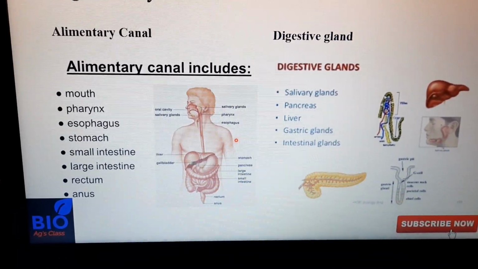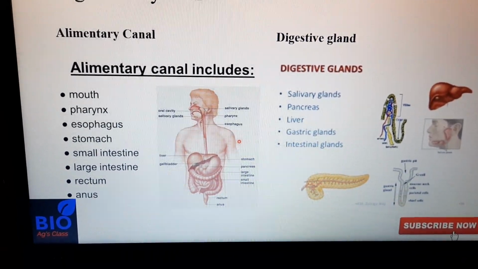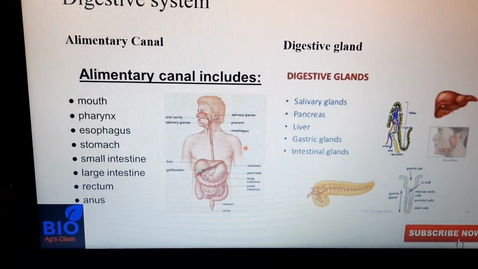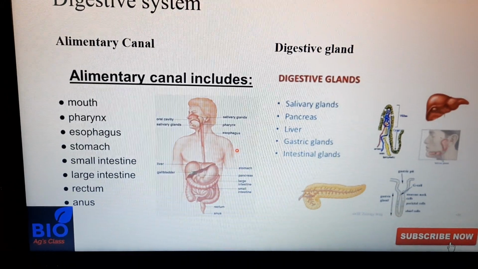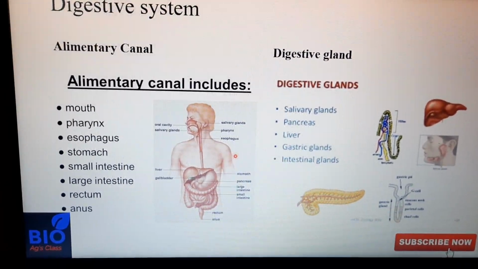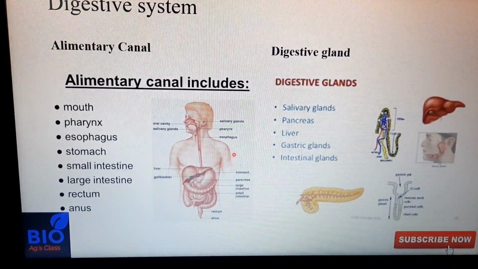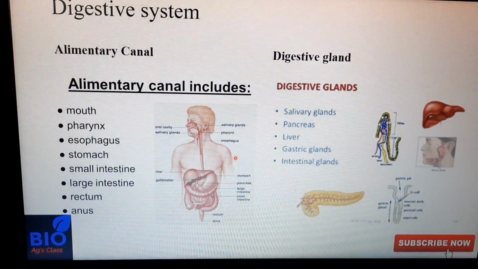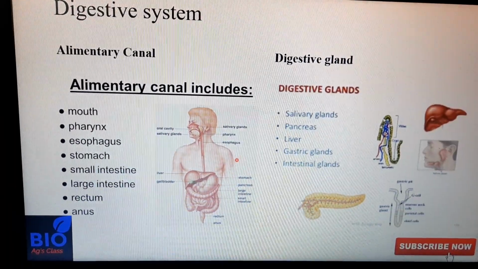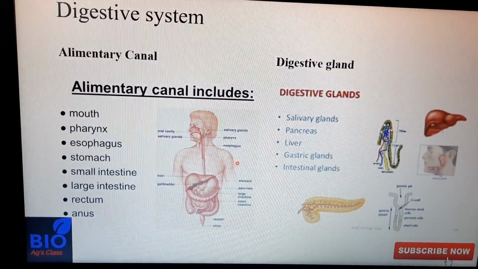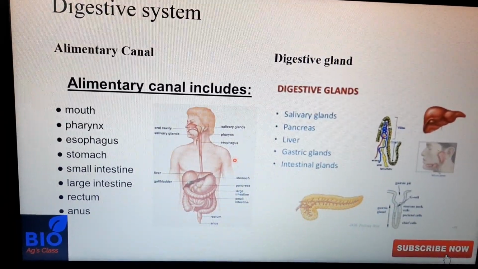Esophagus does a peristalsis process, and by this peristalsis process, the esophagus moves the food along, and from the esophagus the food goes to the stomach. The stomach is a bag-like shape made by involuntary muscle, and inside it there are different kinds of glands, gastric glands. These gastric glands secrete different kinds of gastric juices that contain different kinds of enzymes.